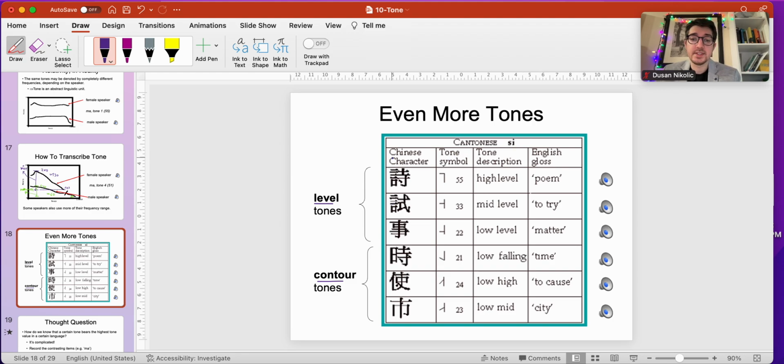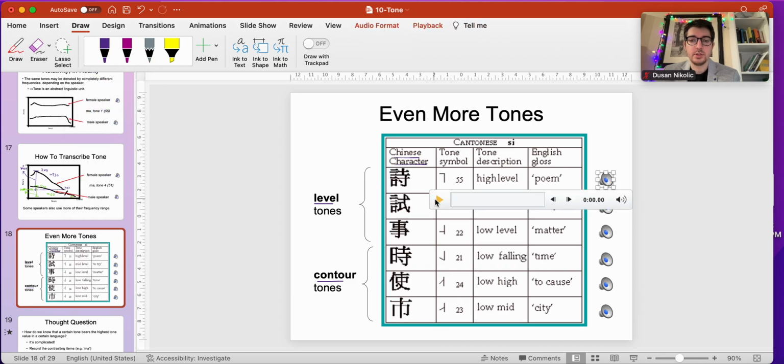Even though they are using the same Chinese characters for writing in orthography, they cannot understand each other when they are speaking. So, and we still call it one language. So that's why it's important to know that Cantonese and Mandarin are different languages, right? And let's hear these tones. So first we will listen to